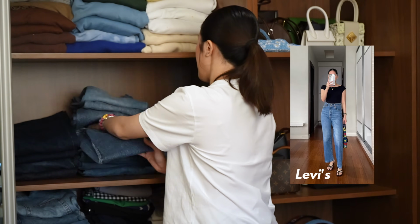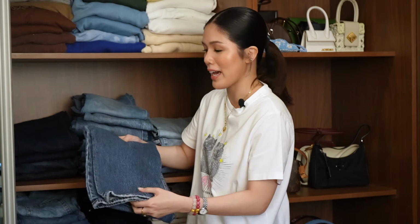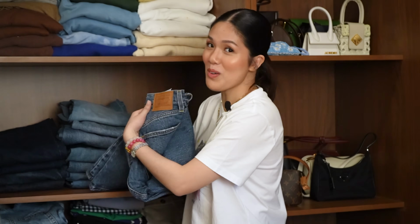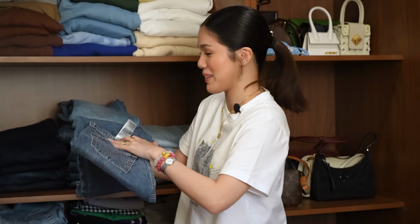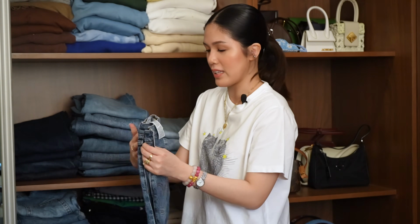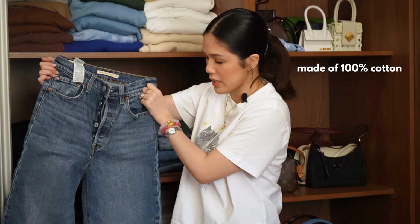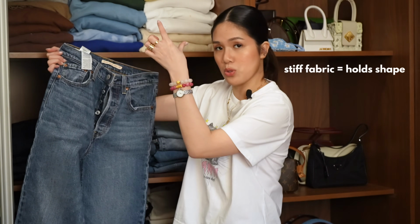If you hold a pair of Levi's like this, I don't even know if it's Levi's yet, but even with the stiffness, I can tell that it's Levi's. Okay, it's Levi's. Wow, mapapahiya tayo if that wasn't Levi's. But yeah, you can tell talaga that it's so nice and stiff. And what I like about that is when it's stiff, it holds its shape. Let's say you have a pair of straight cut jeans and they're more on the flowy type of denim, it won't look as straight cut. But when you have something like this, made with 100% cotton, it's stiff, it will hold that super straight